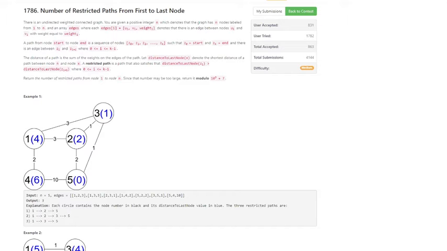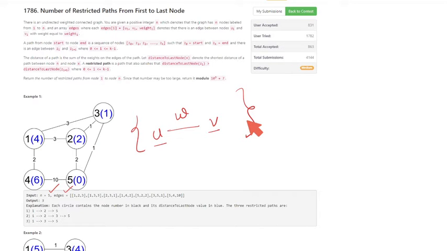The given problem statement can be very confusing, so let me simplify it for you. First, let's have a look at the input, what they are given in the question. They are giving us n, which is the number of vertices, and an array of edges, where each edge has three elements: u, v, and w. U and V are vertices, and W is the weight of the edge between them. So this is what an input looks like.